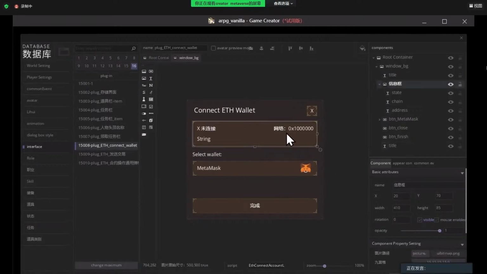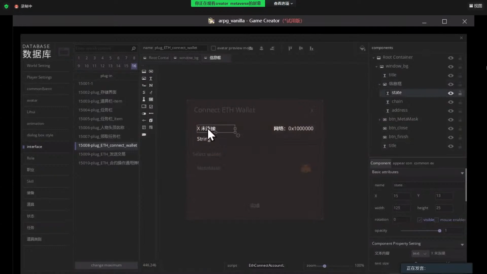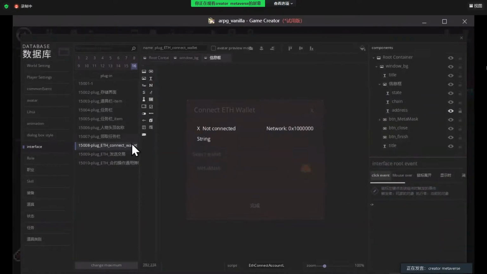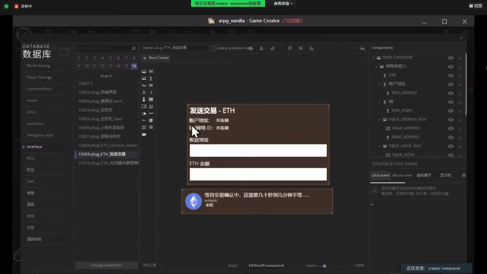Right. This one not connected. And network. All right. Apply. And then here, send in the transaction.